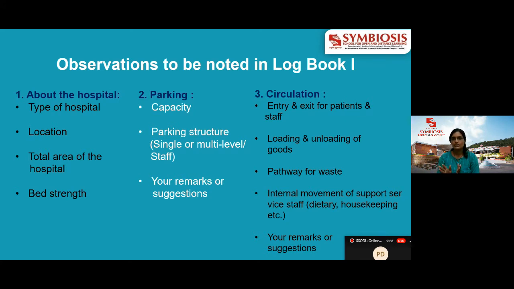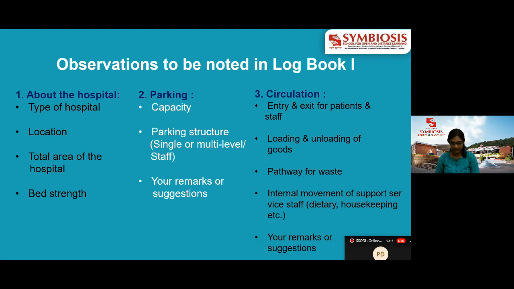In this connection, circulation is important, for laboratory people moving around if there is urgency, or for biomedical waste management. Waste should also move in a different pathway. So what are these different pathways? We have to mention that here. Loading and unloading of goods, that pathway is also important, as are ambulances and the medical staff. All these channels should be separate, or at least segregated in a way that they are not hampering each other's work.